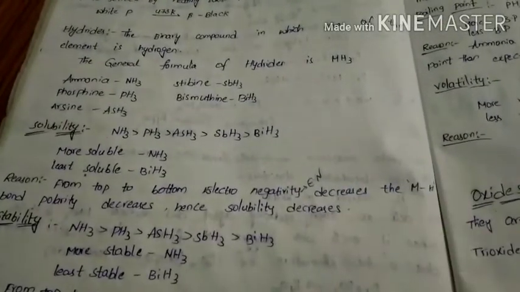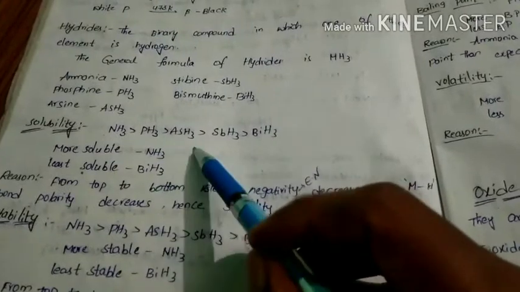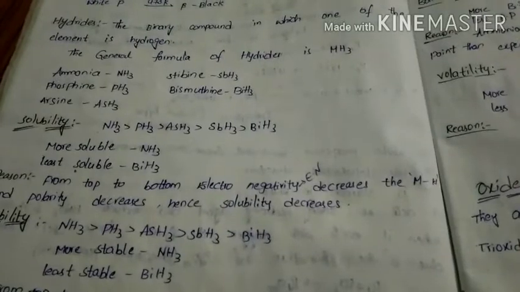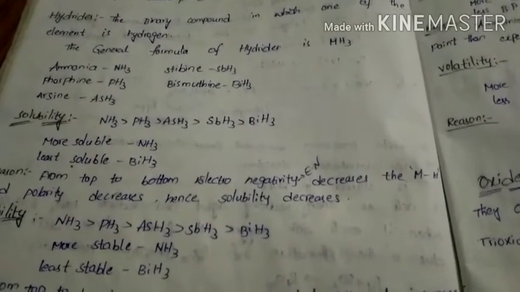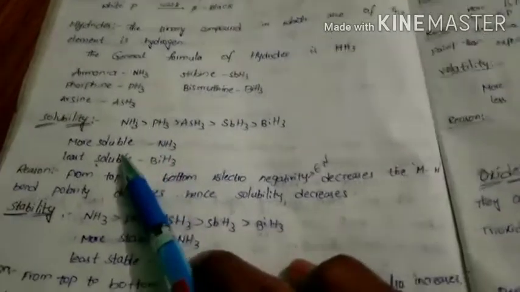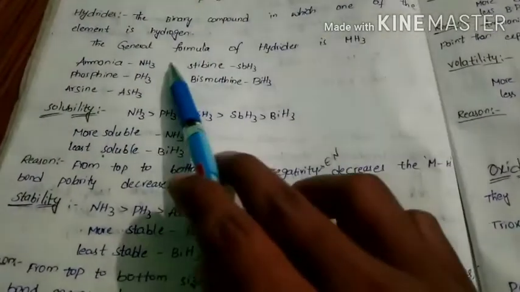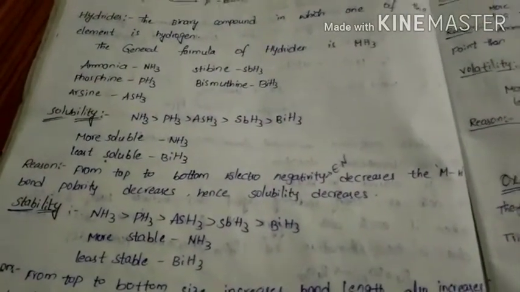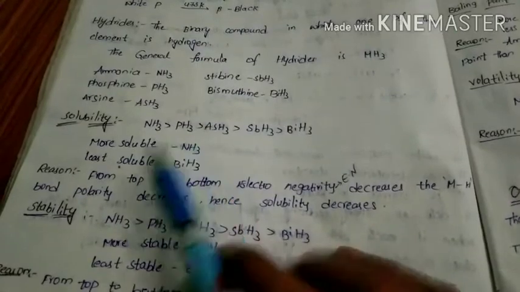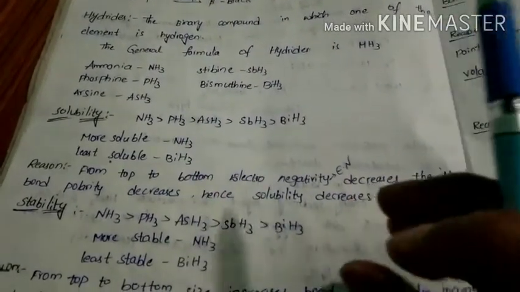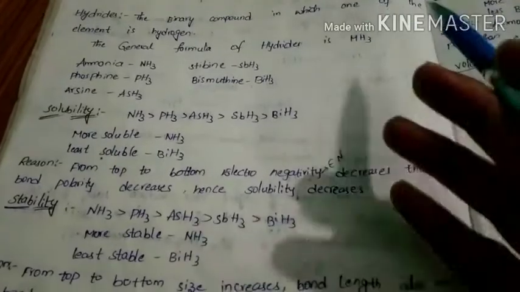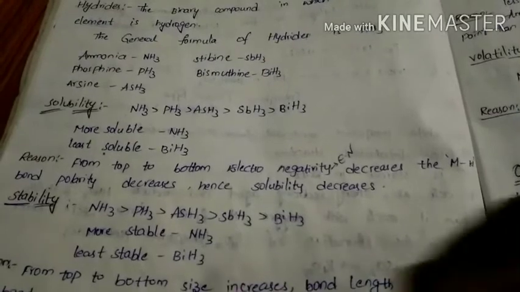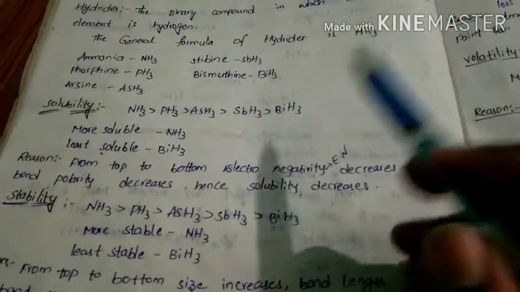Here there are so many important points. These points are very important at CBSE level as well as at competitive level. Listen carefully. First, take solubility order. That means among these hydrides, which has more solubility. See, if the size of the substance is very small, its solubility is more. That is the basic concept. I repeat once again: if the size of the substance is very small, then its solubility is more.